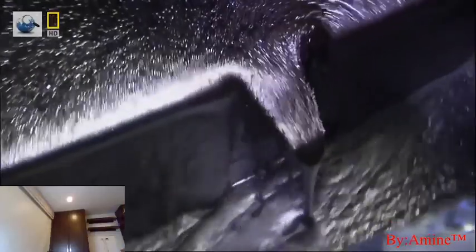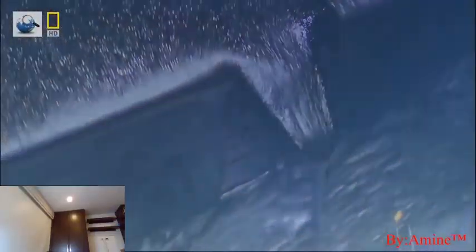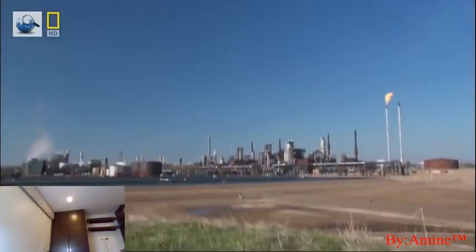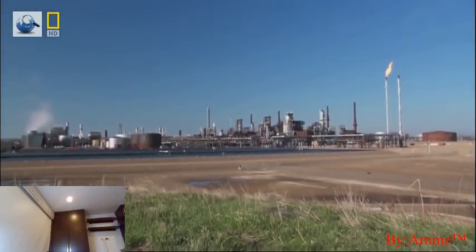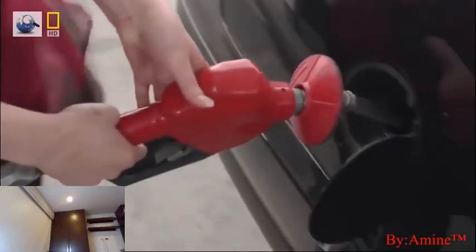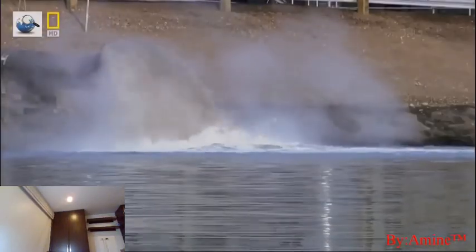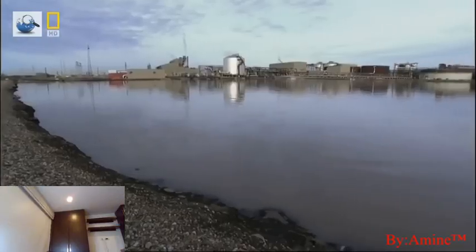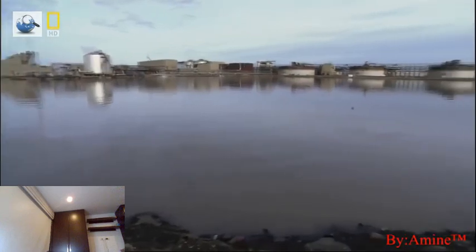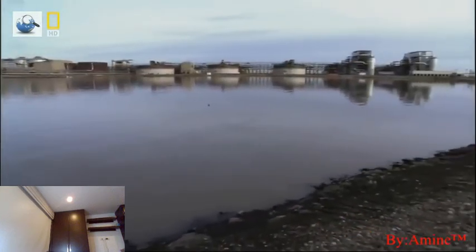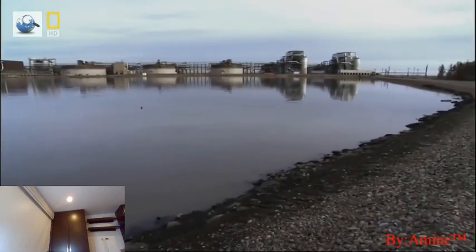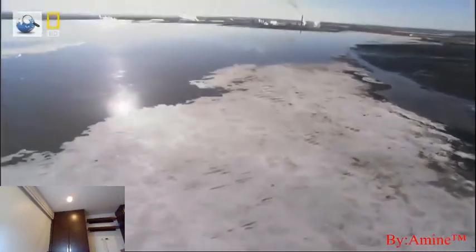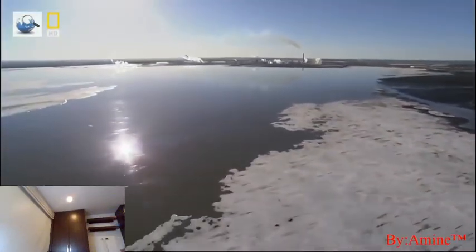From here, the last step is the refining process that produces the gas sold at the pump. The leftover water ends up in waste areas called tailings ponds that stretch for miles. No one is quite sure whether Alberta's forest can grow back in this hellish wasteland. But for some, there's a silver lining inside even the